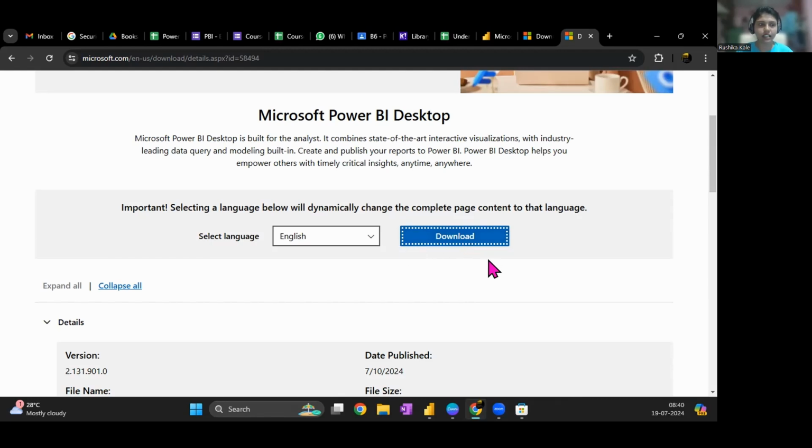But still, I will suggest don't install it from here. It is just a suggestion. There is nothing wrong with this particular page or installation process. But there is one logic behind it, why to go through the store. Perfect, Supriya. Yes, Ravikant. It is because of the automatic update.